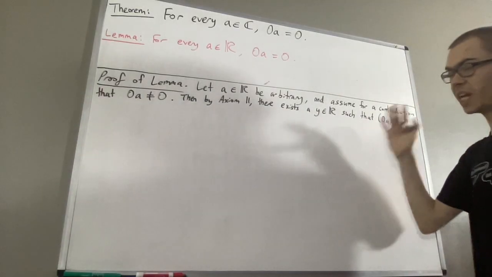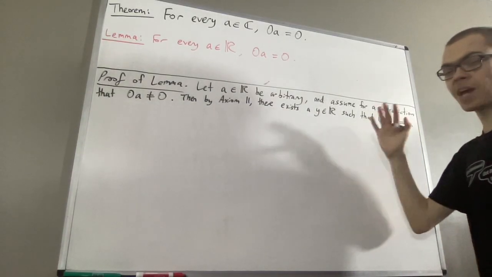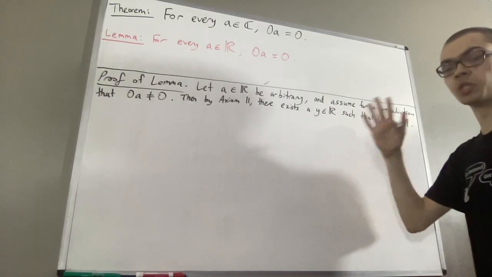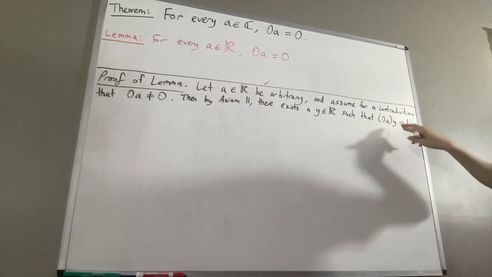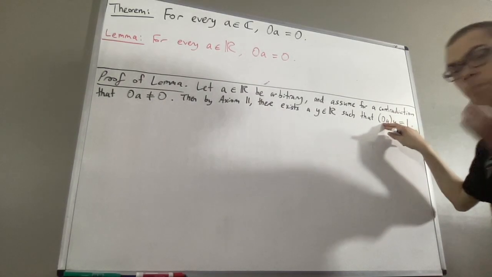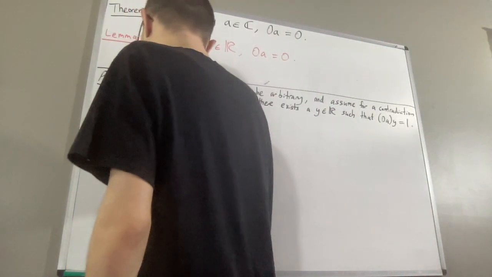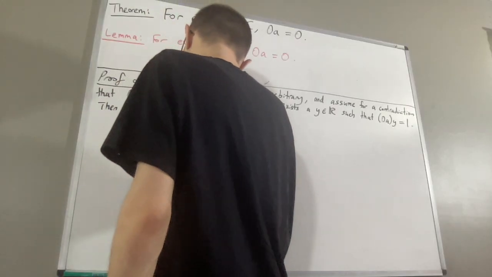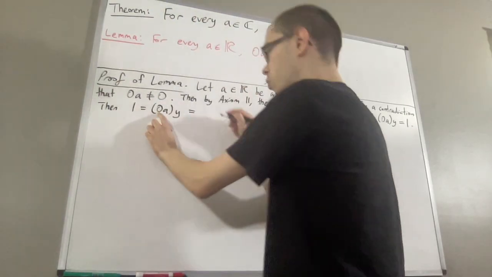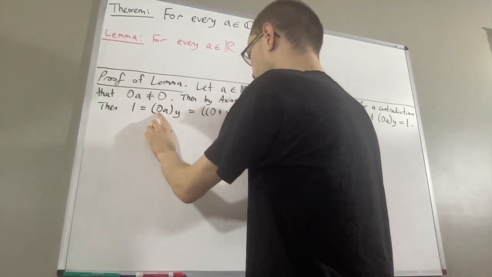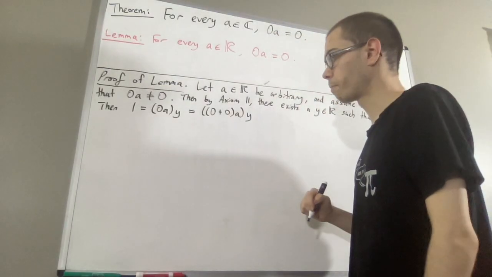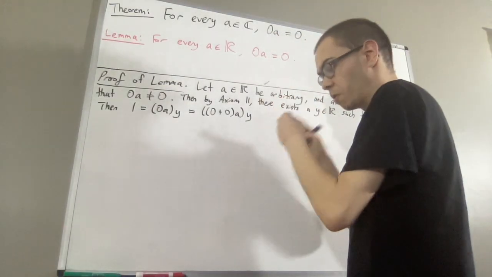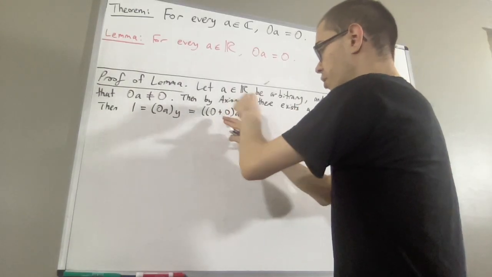And now we're going to take advantage of the fact that we've proven 0 plus 0 equals 0 to manipulate what we have here. What we can do is we can replace this 0 with 0 plus 0. So in that case, we have 1 equals 0a times y, but we're going to replace this 0 with 0 plus 0. So this is 0 plus 0 times a, right? All of that times y. And we have the commutative law for multiplication. So we can flip 0 plus 0 and a around